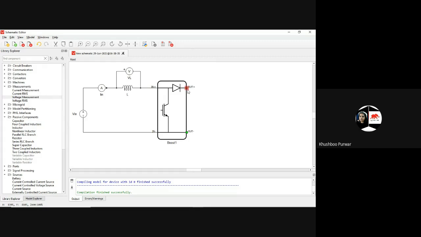Now here at the outside I want to measure the current of the boost. So here I'll be measuring the output current of the boost, and I will name it as I out underscore boost. Just remember the names we are giving, as we will be using the same things in the SCADA.